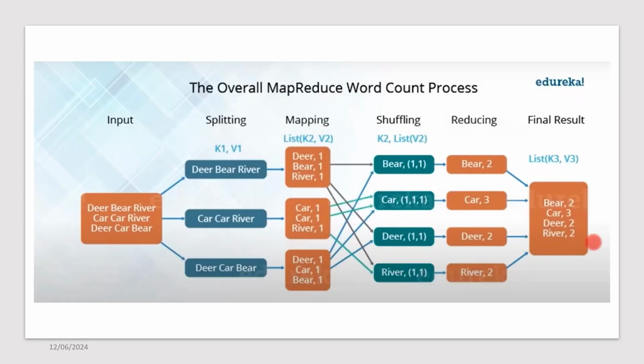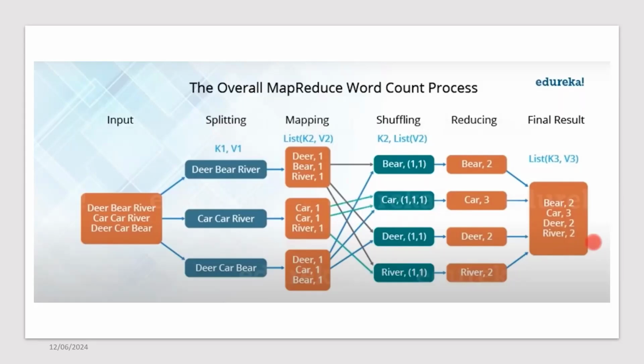counting the number of words. So for the input, you can see you have 3 documents. Let's say these are 3 documents. And then you can put them into three different documents. That means the data, assuming that it's huge, you are going to split into 3 pieces. And then you perform the operation, which means we want to count the number of words. So that's what we do in the mapping.